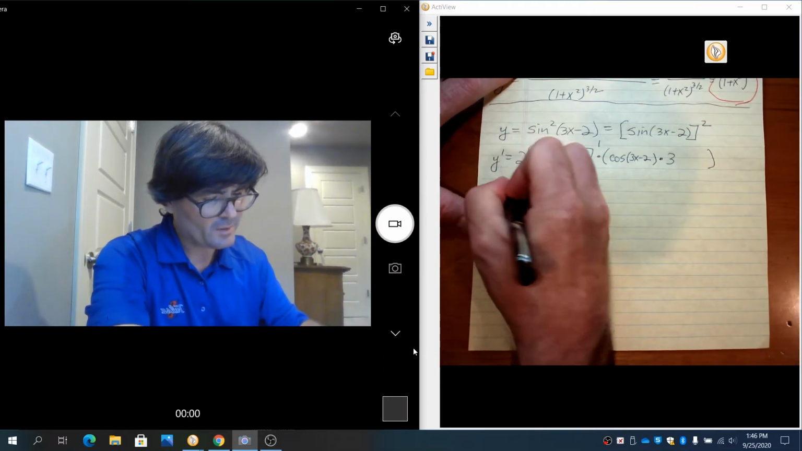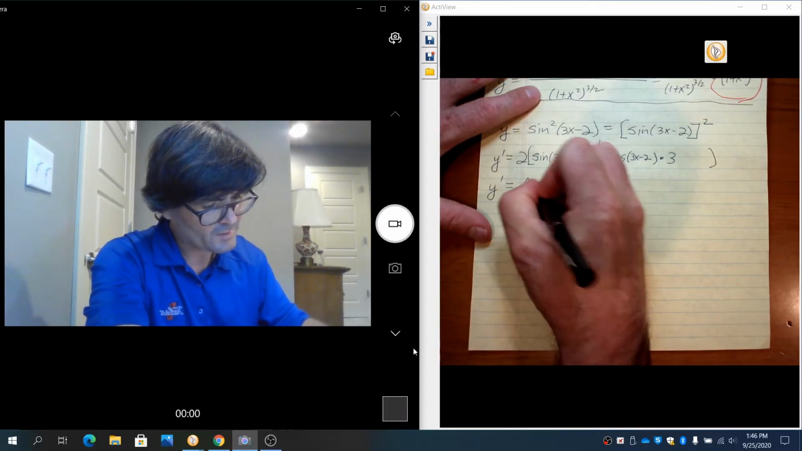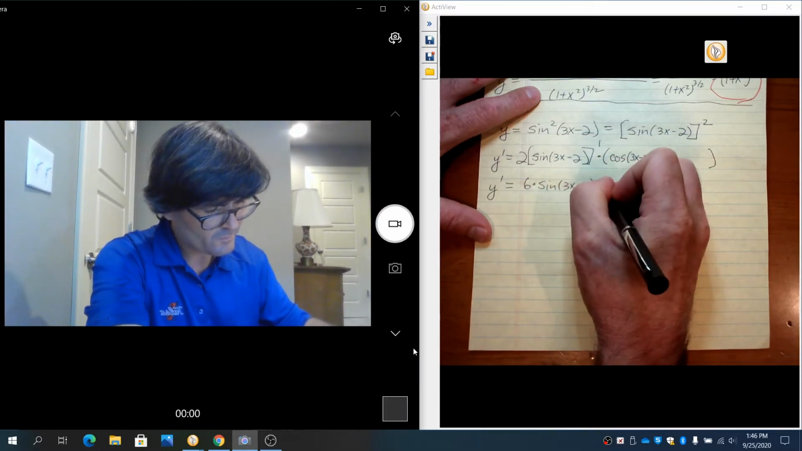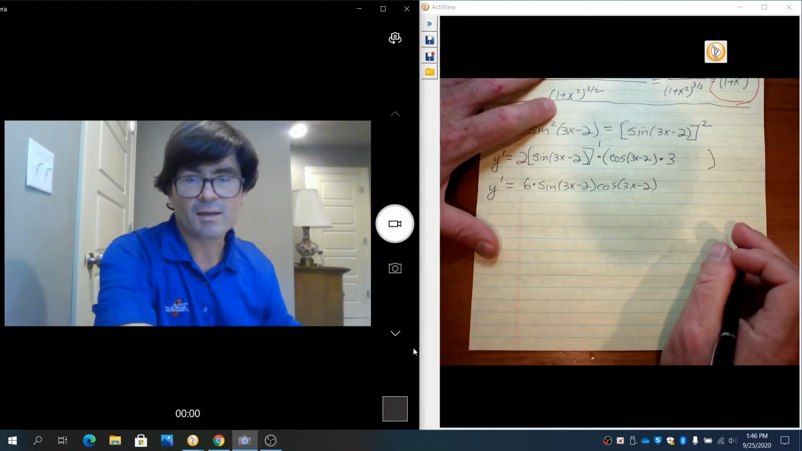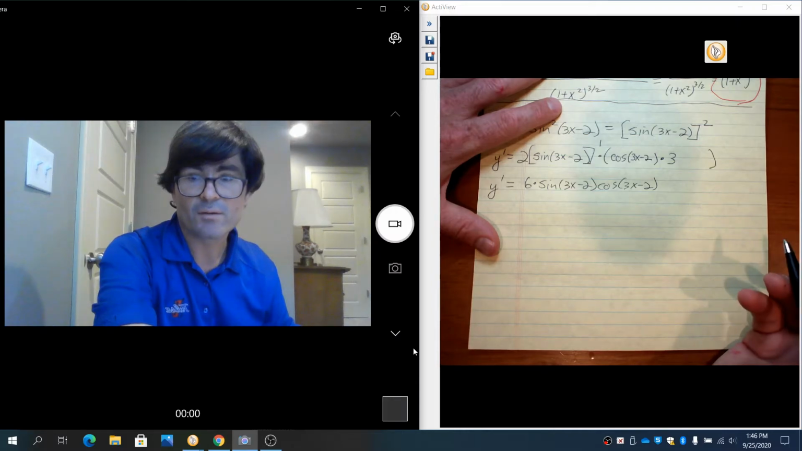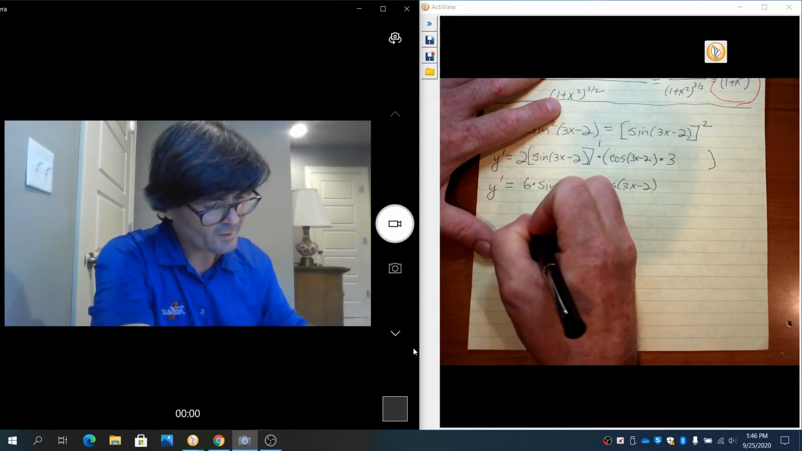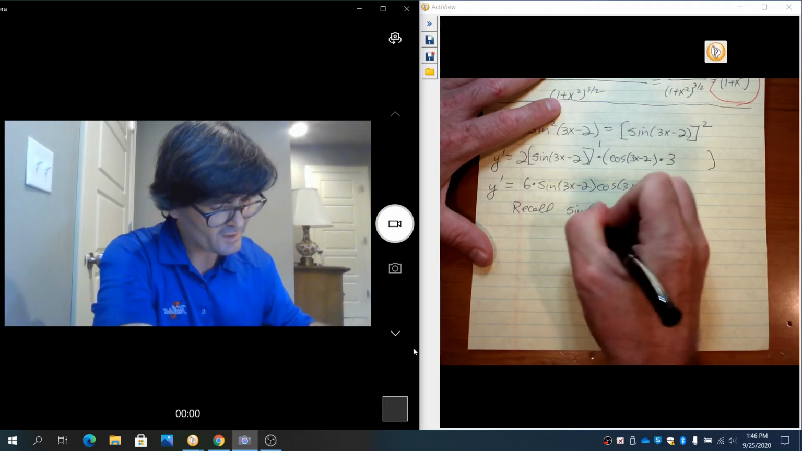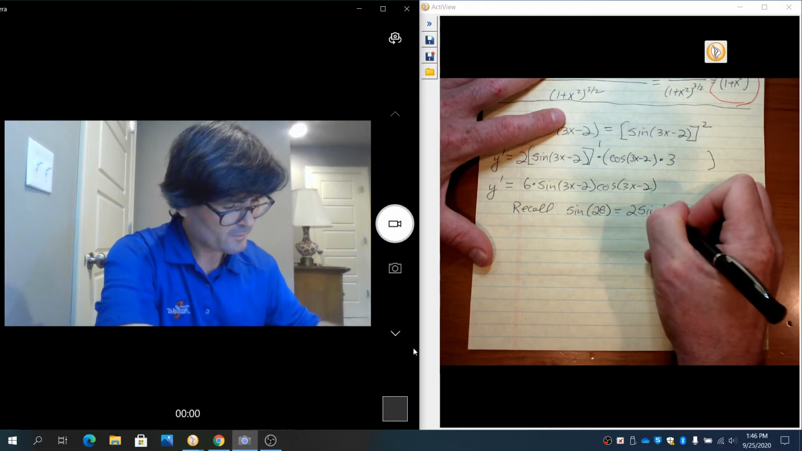So when you clean all this up, you get y prime is going to be 3 times 2 is 6 times sine of 3x minus 2 and cosine 3x minus 2. And I just want to show you another issue that you're going to run into when you check in the back of the book for a problem such as this: they're going to say, recall your double angle formula for sine. This has nothing to do with calculus,